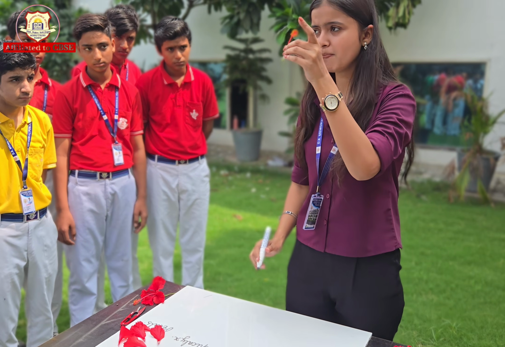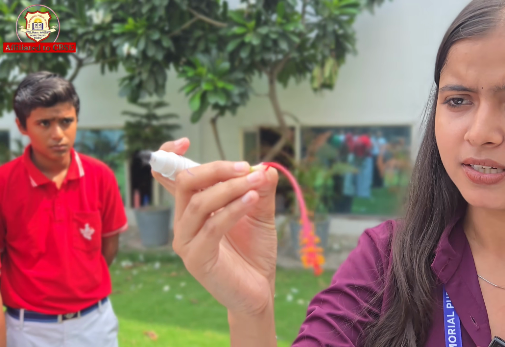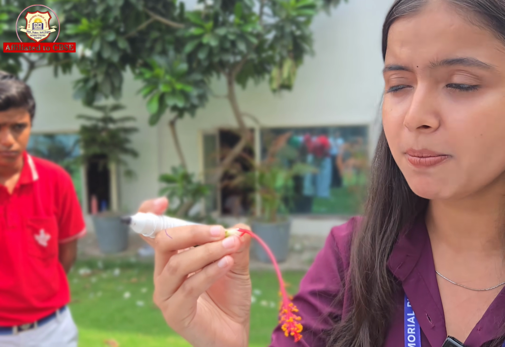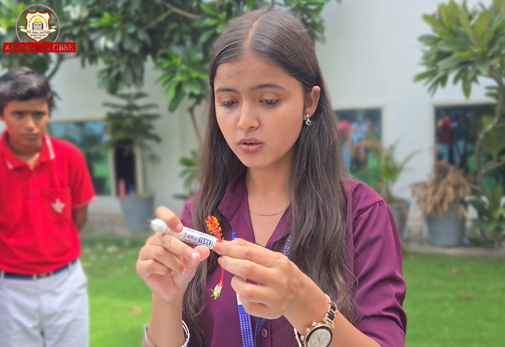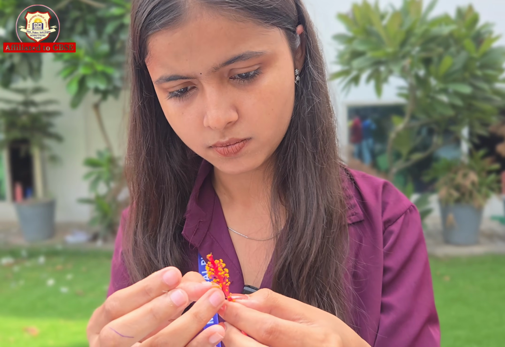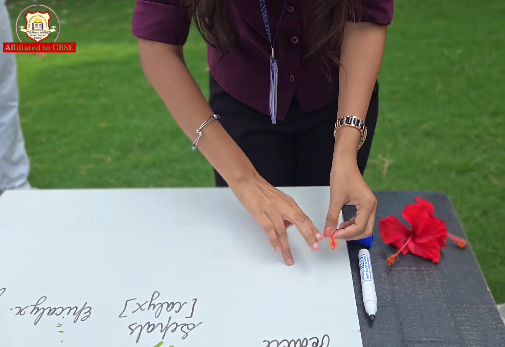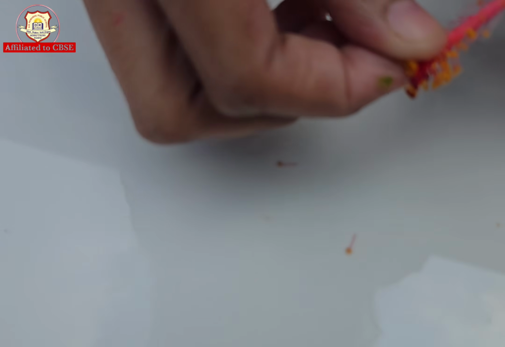So our main part is here. That is our reproductive part. That is a bisexual flower. जैसे मैंने पहले बताया, जिसके अंदर मेल और फीमेल दोनों प्रेजेंट होंगे, in which both male and female are present. So that's the yellow part. Here is the anther.